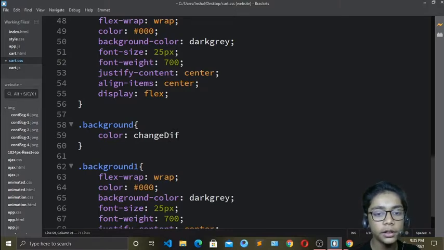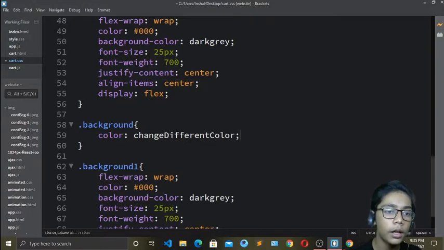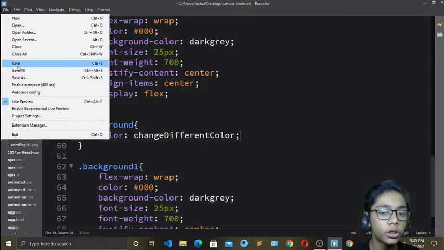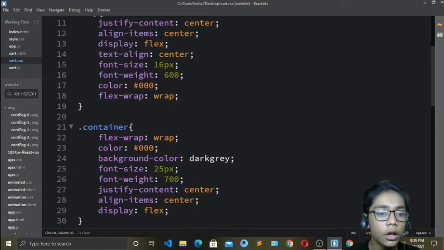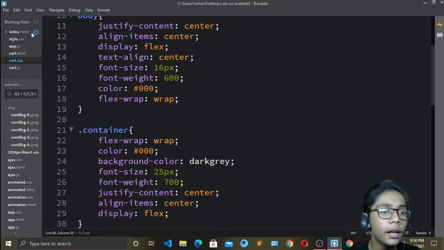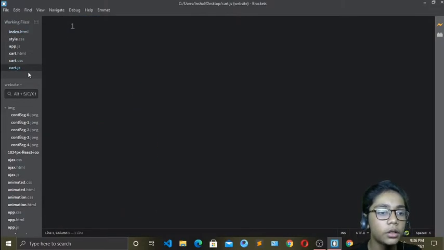Okay, so I will add a change of color, so all the colors of the products like I've shown you should also be changing with that. Okay, so now we have done up till here. Now here I will go to my JS file. Okay, so now here I have to write my JavaScript code at the end.